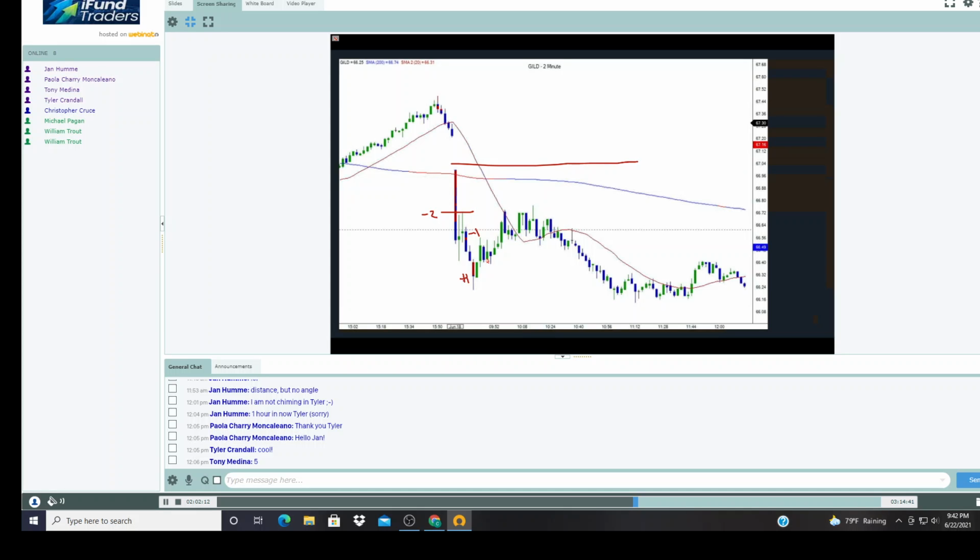Now we get the bounce here. All right? Get the bounce here. And then look at this bar here. What is the location of this red bar? Well, it's about 50% from the start of the move here. Okay? So this is a great location. Add to the play again. Add it back on here.